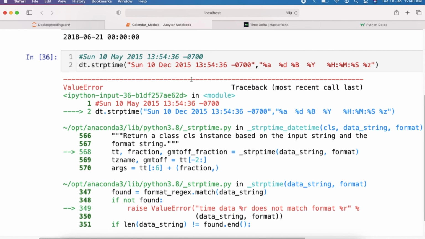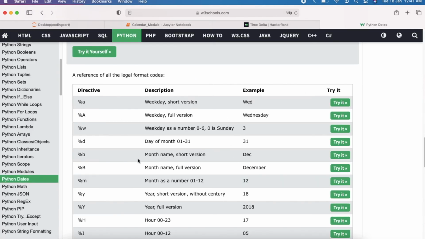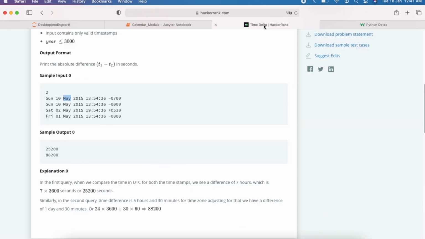Means for displaying the short version of the month name we use small %b, which will display only 3 characters. Like for December we use Dec, but May is already 3 characters. So either capital %B or small %b will work fine for May.